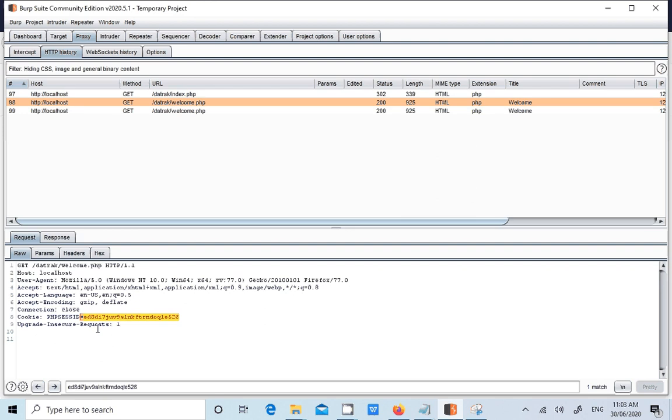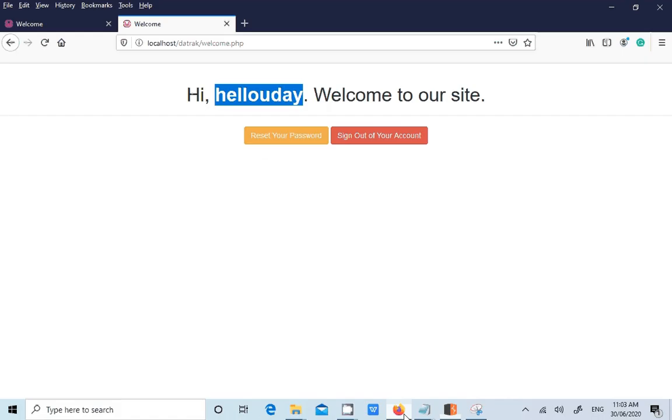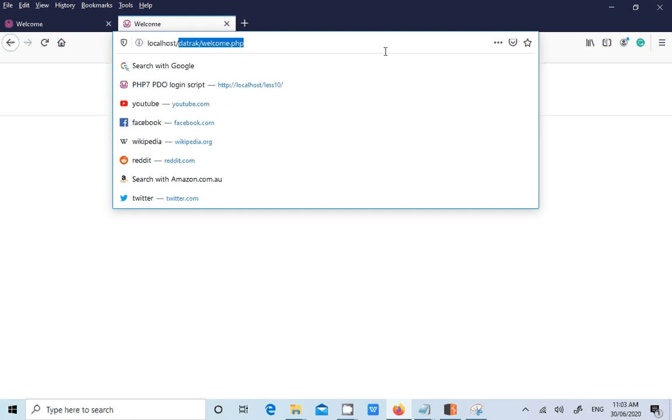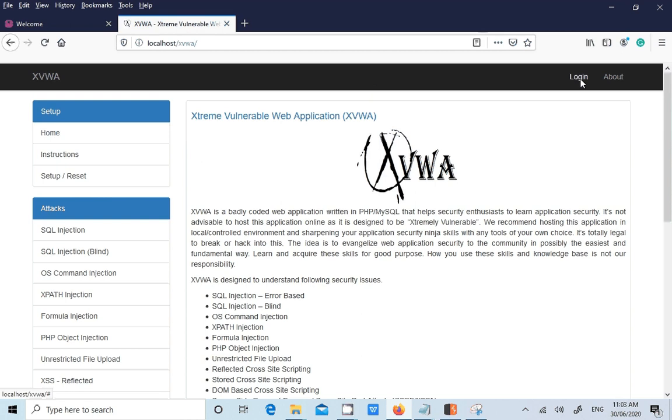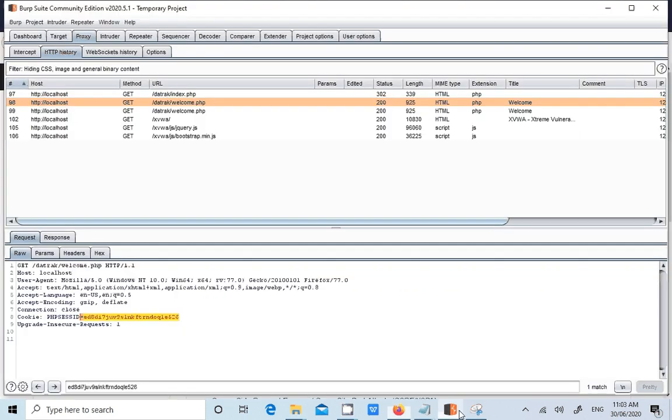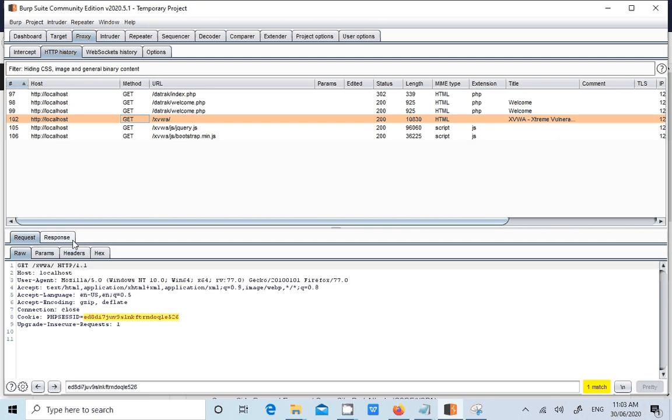Yeah, so this is about the session ID guys. If you don't understand this, that's okay, because in the next lesson I will be showing you more. Let's try for the third application one more time. This is not a security issue, we are just understanding the session. Now the XVWA application, right? Now username is admin, password is admin. As soon as I open the application, the first request.